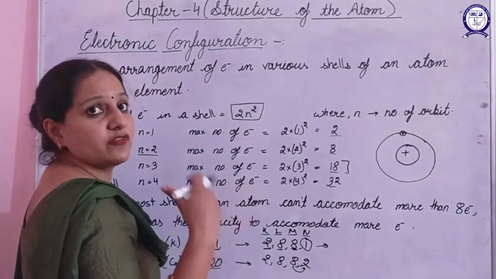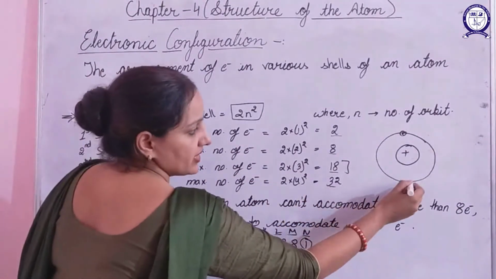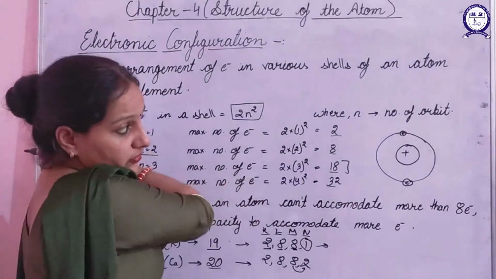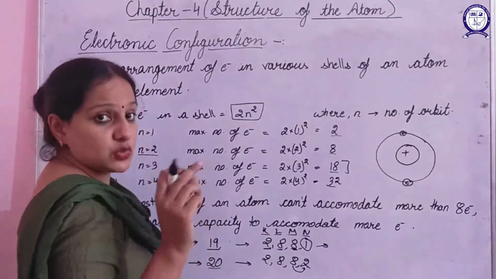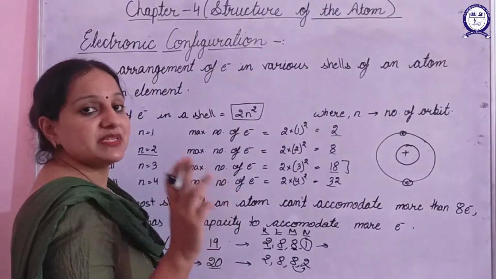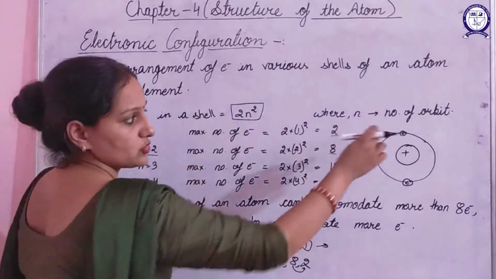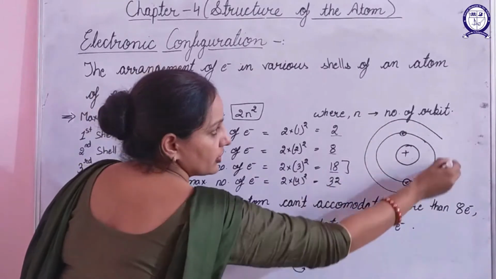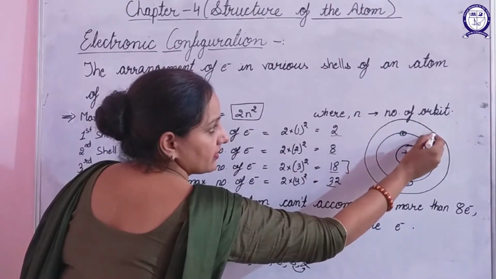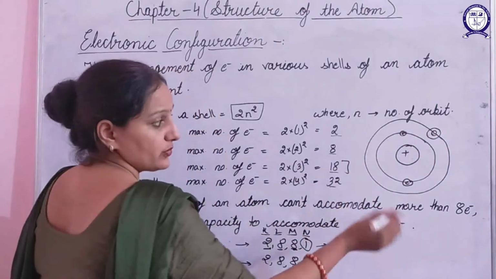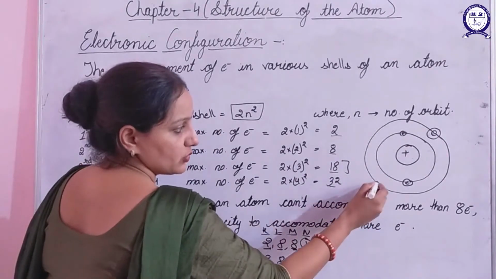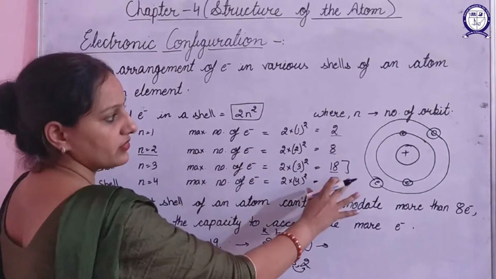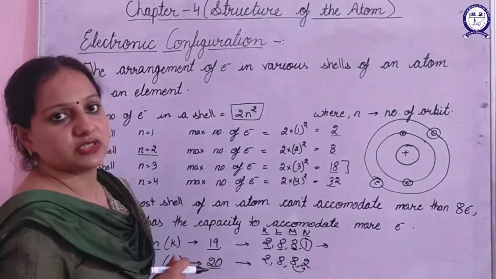If we want to show it for helium, it can accommodate 2 electrons. So 1 will be here. If we want to show it for lithium, the atomic number of lithium is 3. That means it has a total of 3 electrons. So 2 will be in the first shell, and the next electron will move on to the next shell here. If it would be 4, that is beryllium, the electron would be at this position. So like this we can represent the electronic configuration also.